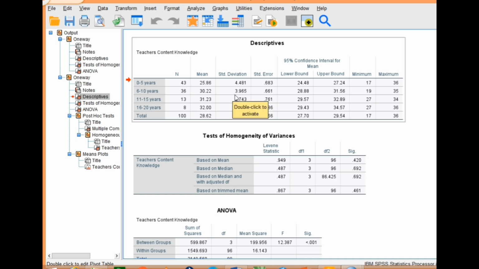Furthering, when we consider the standard deviation, teachers with 11 to 15 years of experience have a value of 2.743, which is the least among the four groups. This is closer to the mean, indicating less variability or dispersion, and more consistency, which is the best in terms of teachers' content knowledge. This is followed by the standard deviation of teachers with